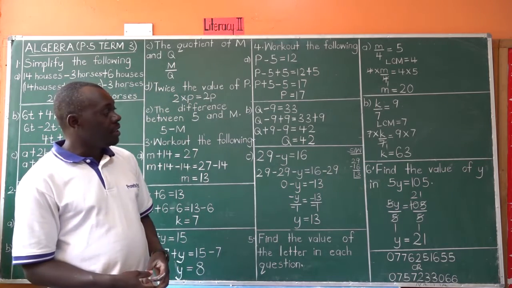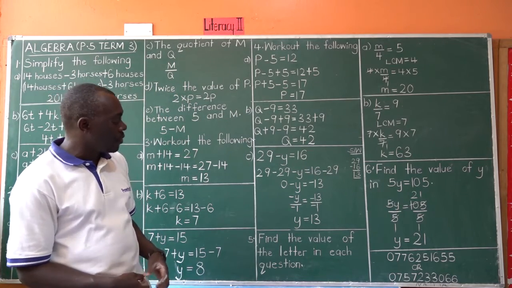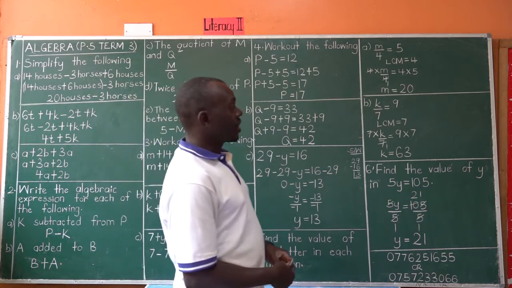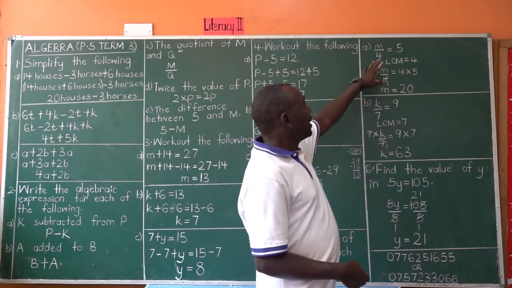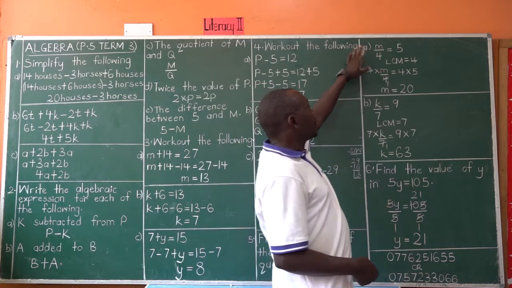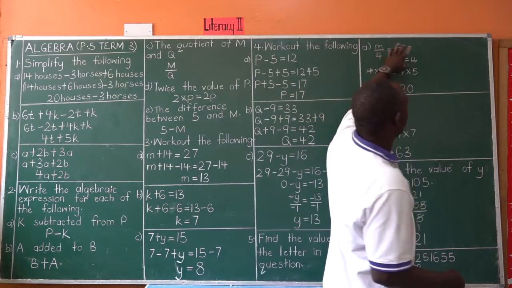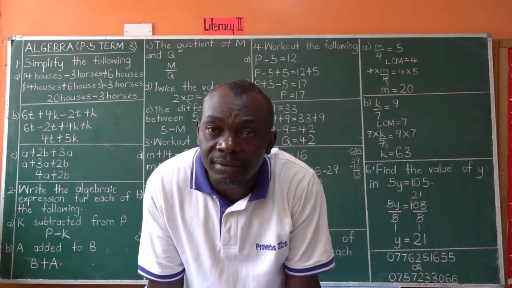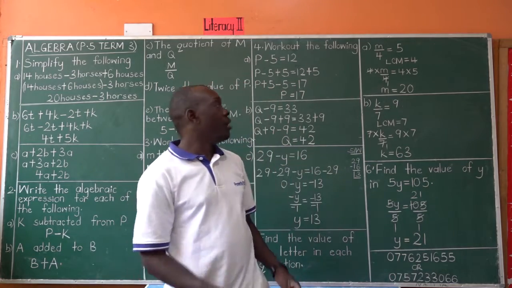So then we go to number 5, the second last example. Find the value of the letter in each question. This time you are given division here. You know m out of 4 is the same as m divided by 4. So part A says m divided by 4 is equal to 5. We said the opposite of division is